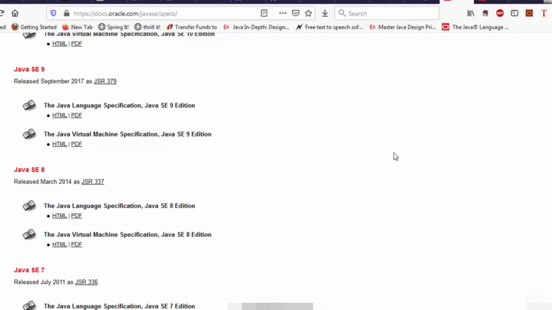Because of that, the innovation was kind of slow. So they wanted to make it faster. So the reason why it used to happen is because the designers were always trying to bring out large, big features in every release. For instance, in 8, there were Lambda expressions, and 8 was a very huge release. Similarly, in 9, they had something called modules, the Java platform module system, which was also a very huge change. So they have certain deadlines to meet, but because those features are so complex, the deadlines were constantly getting extended and the release was not happening.